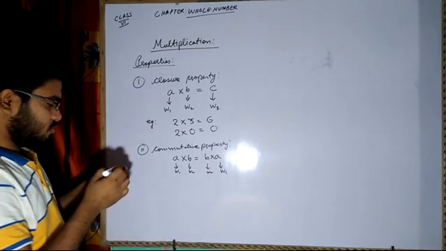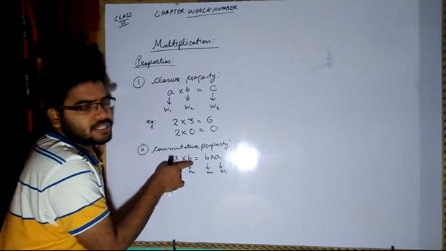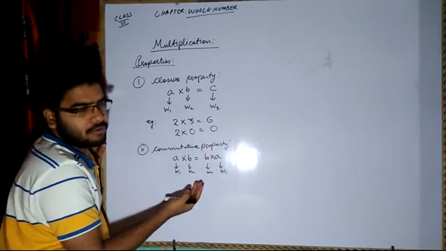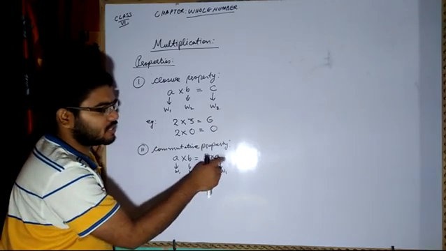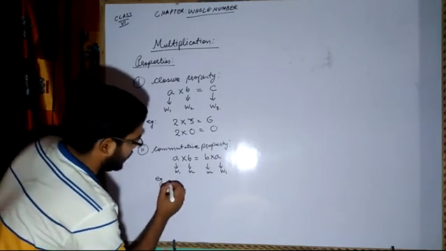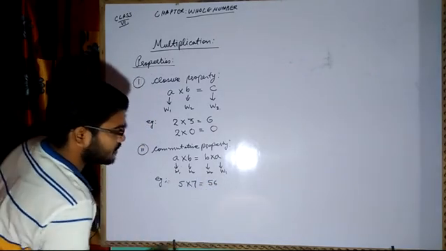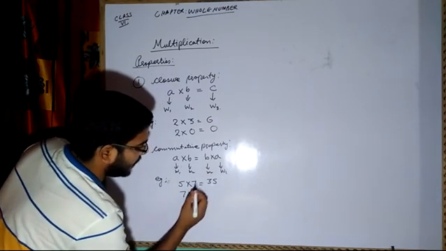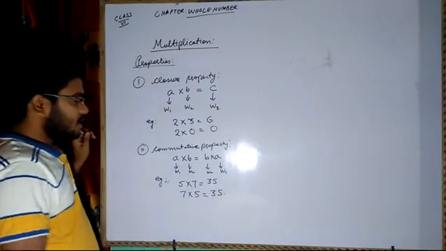Now what is the meaning of commutative here? The first number is placed in first place, the second number is placed in second place, and they are multiplied. When you multiply by reversing the order, that means you keep the second number in first position and the first number in second position, you will also get the same result. For example, 5 multiplied by 7 gives 35. Now if I multiply 7 by 5, I have interchanged the positions, and I also get 35. So this is what the commutative property holds.